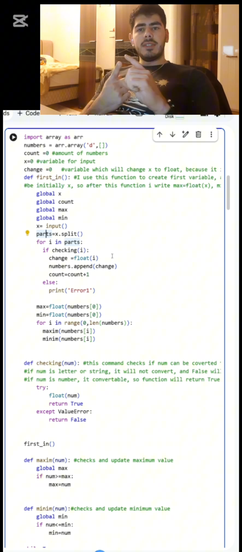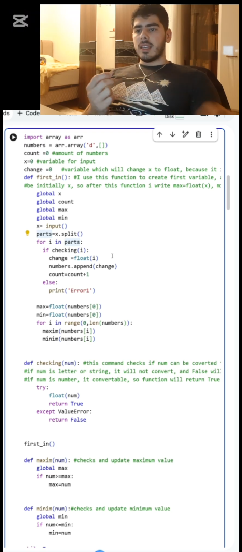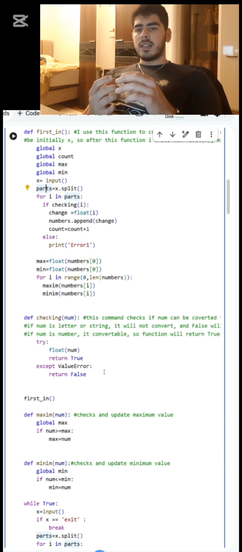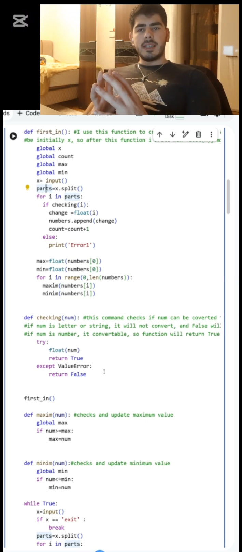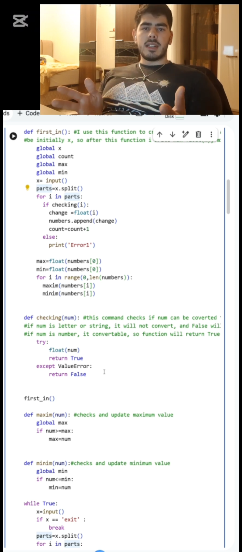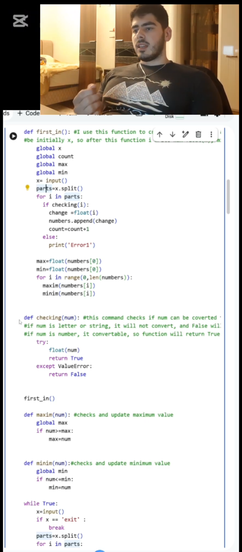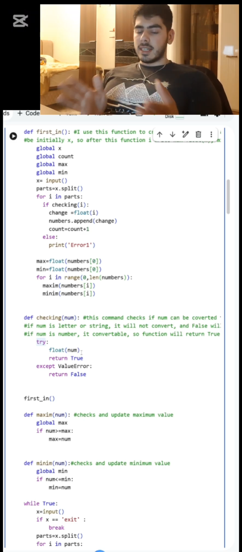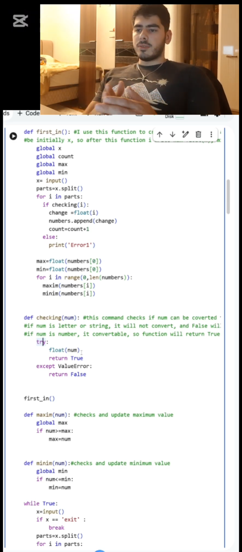If my input is valid, I need to check if it's a letter or a number. I check this with try and except. Why do I do this? Because if inside the try area there is an error, it goes to except and executes the command in the except. If in try there is no error, it will execute the command in the try itself. So as you can see in the code, I try float num. No matter if num is a string or whatever type it is,